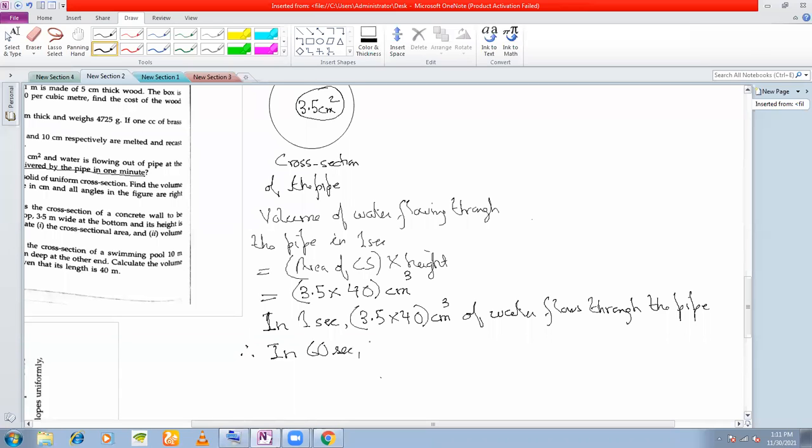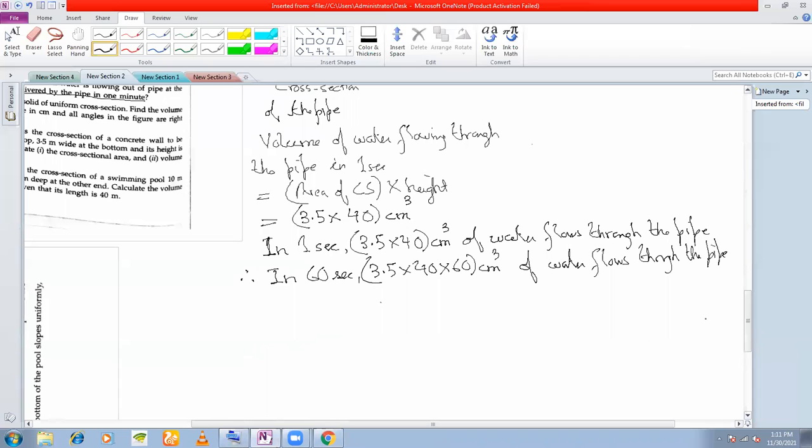So in 60 seconds, 3.5 into 40 into 60 centimeter cube of water flows through the pipe, and this should be your answer, right? Now just multiply. It is equal to how much centimeter cube? 8,400 centimeter cube